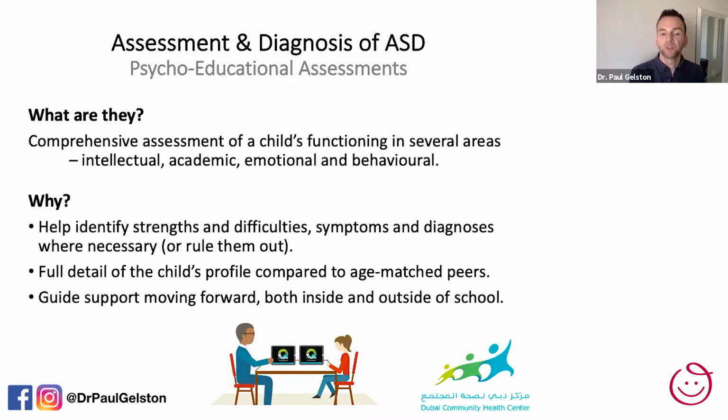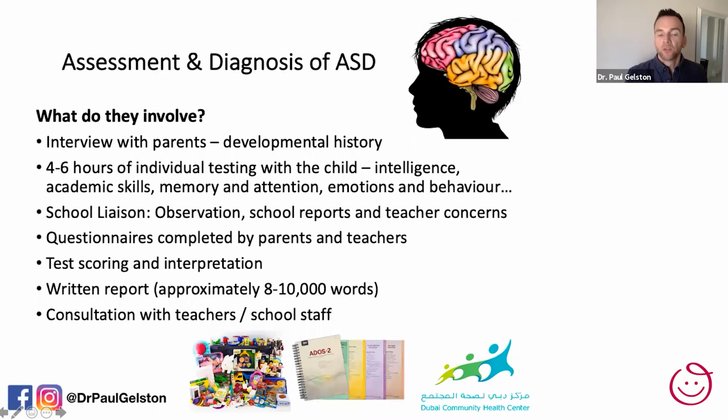And it provides a number of recommendations for how the child can be supported moving forward after the assessment process itself. So any assessment of ASD should always include these various components at a minimum, really. So initially, the process should begin with an interview with parents to get a developmental history of the child. So this should include things like, what are the current concerns? When did the concerns begin? What's the perspective of other people? And how was the child's development in their early